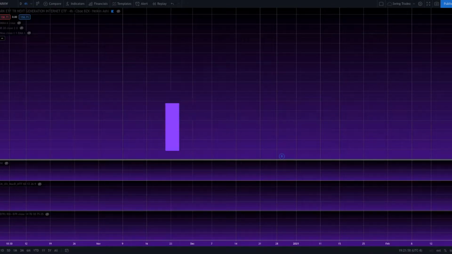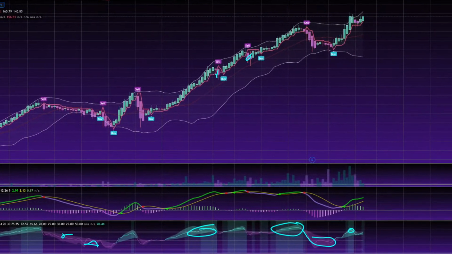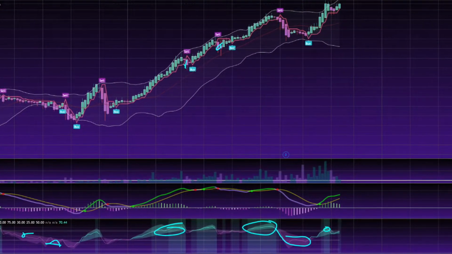In today's video we will be discussing how to use both the MACD and the RSI. I hope I give everyone a better understanding of these indicators along with things to watch out for when using